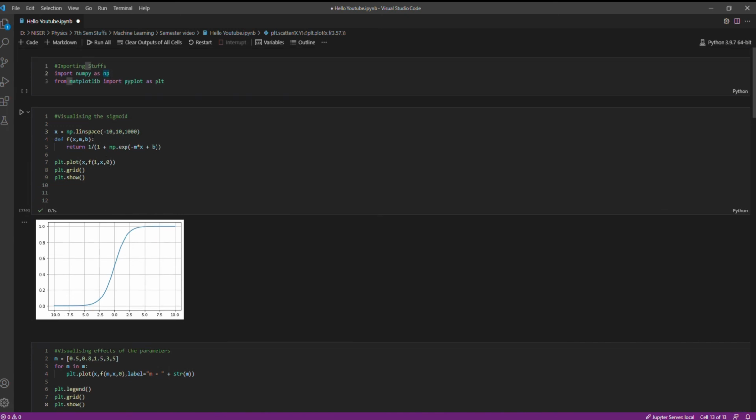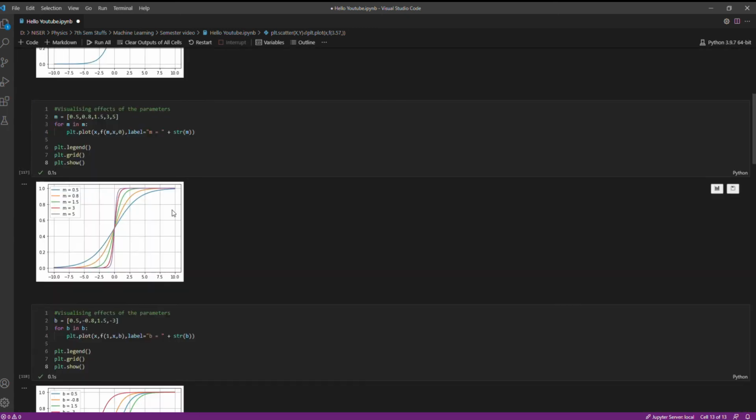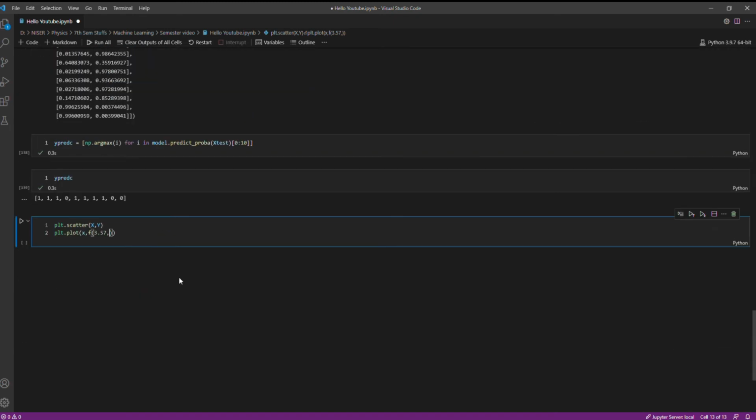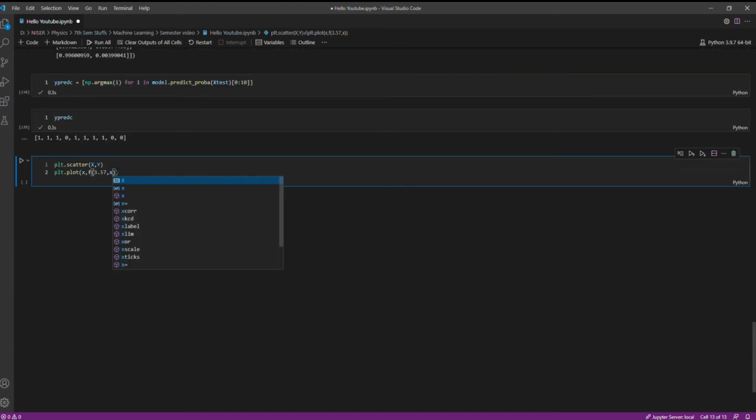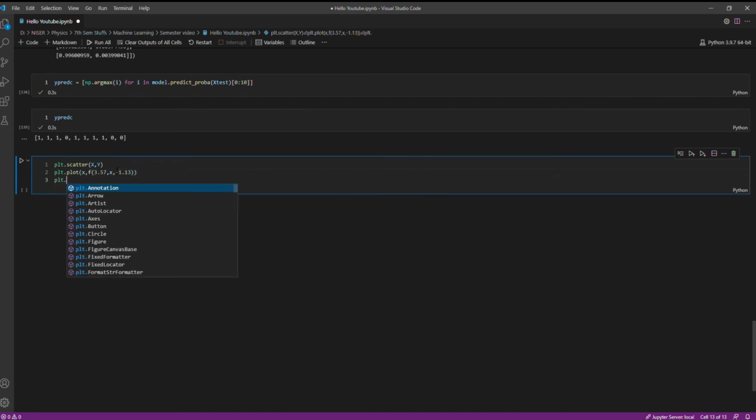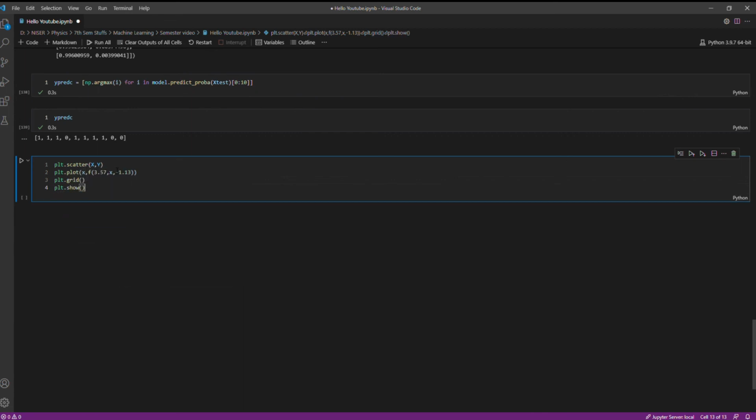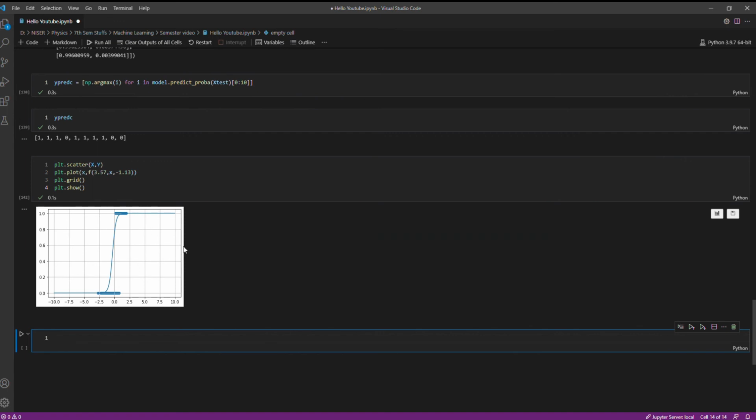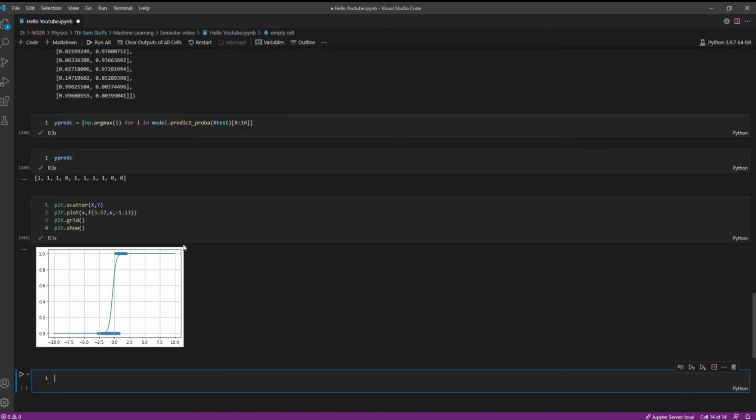So minus 10 to 10, 1000 points. This x, and what was our intercept? Intercept was minus 1.13. Let us see how this shows up. Let me decrease the range a bit, minus 3 to 2.5.